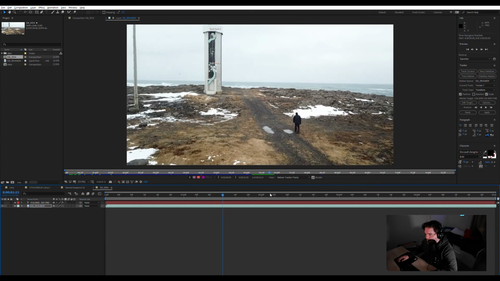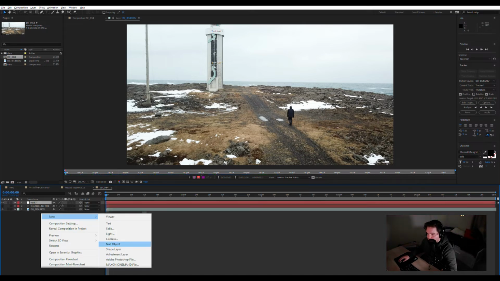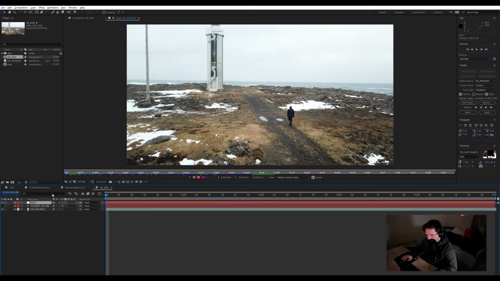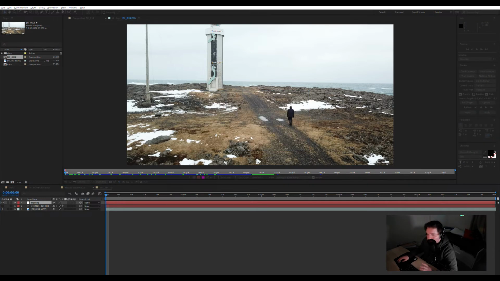How does it look? It's actually pretty good. So the next step now is to assign the tracking to the text. What I'm going to do is create a new object. I'm going to call it tracking, and I'm going to select edit target here, and I'm going to select tracking. Once you've selected that, you just have to go on the right side, click apply, and you will see tracking